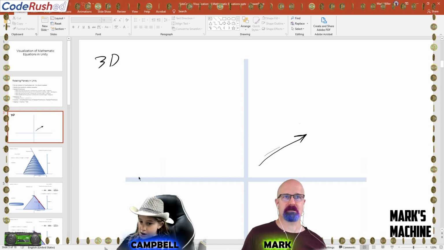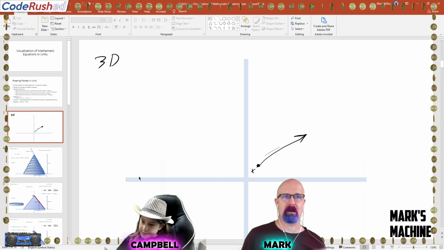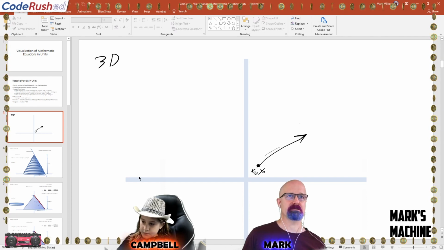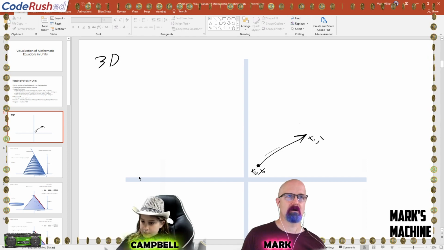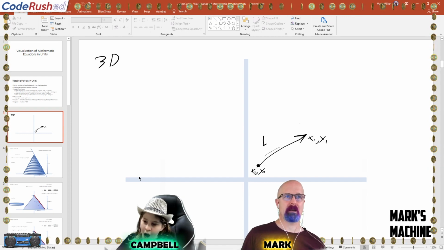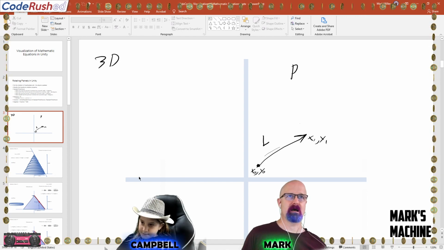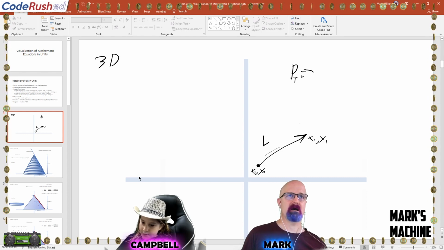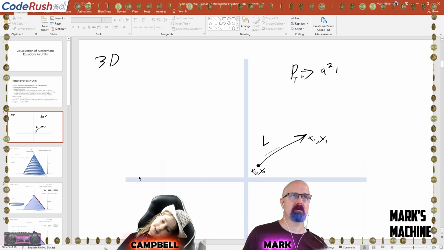In 2D space, a vector would have a start position right here, maybe x0, comma, y0. We're in 2D space. And it would have a final position, which would be maybe x1, comma, y1, right? And that's how it would work. It would have a length right in here, and length is specified by Pythagorean's theorem, which is a squared plus b squared